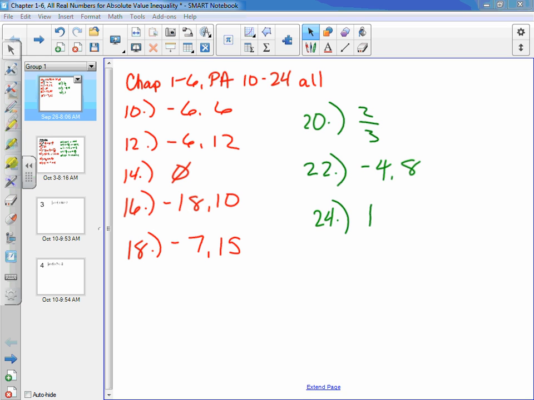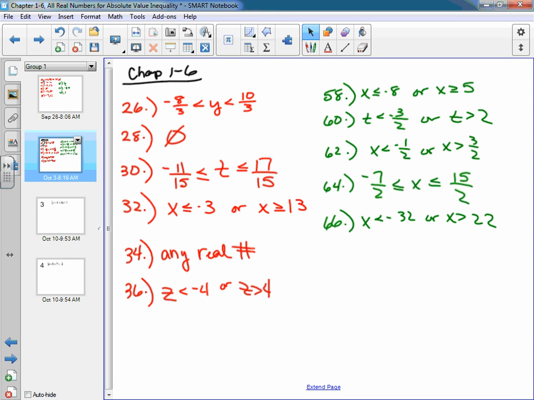Okay, what I'm talking about today are inequalities. I'm giving you the answers for 10 through 24 all again. These are the equations from worksheet 1. This is chapter 1-6, worksheet 2. If you'd like to press stop or pause me, you can go ahead and check these, that would be